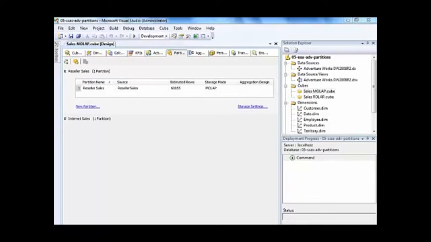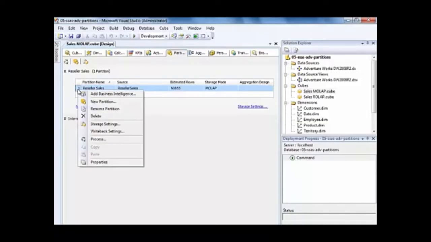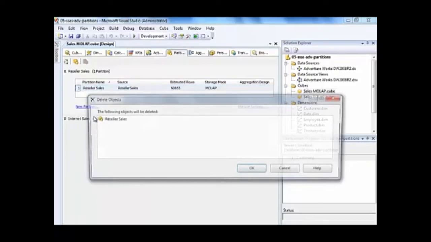Now let's work on the MOLAP cube and make changes to our reseller sales partition by eliminating this table binding to a single fact table, and we'll change this to several partitions that we define by query binding. In order to do this, we need to eliminate the partition that is using the table binding. So we'll just select delete here,